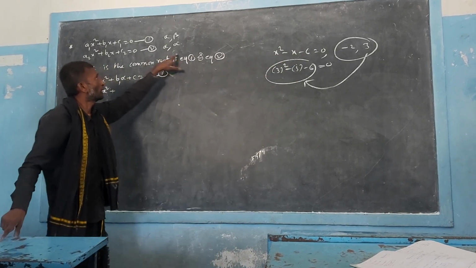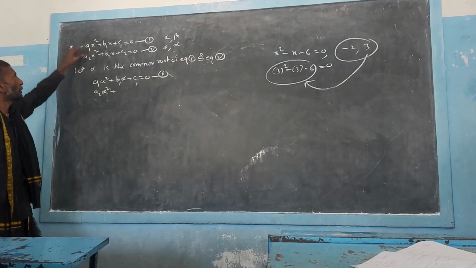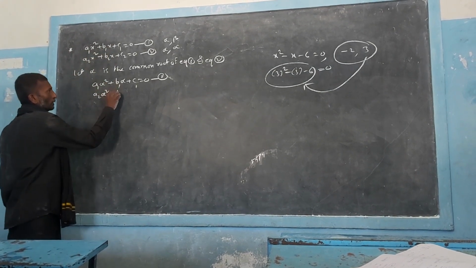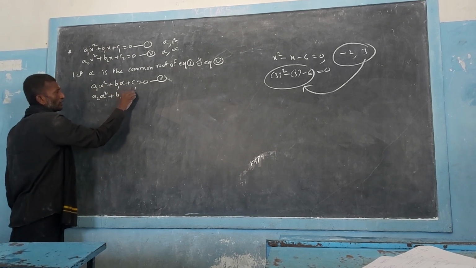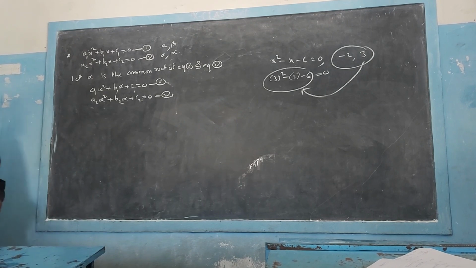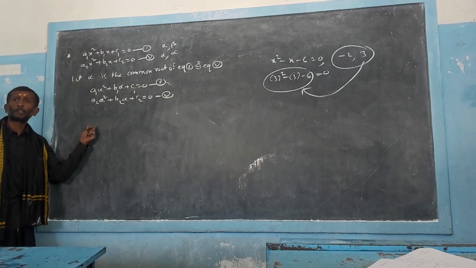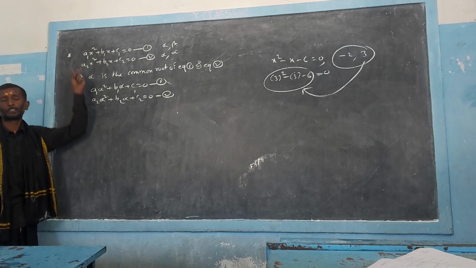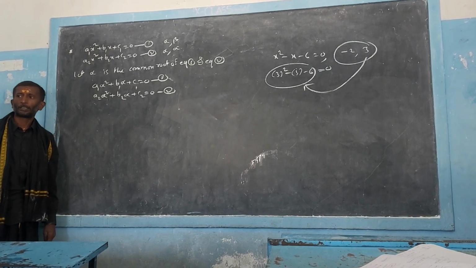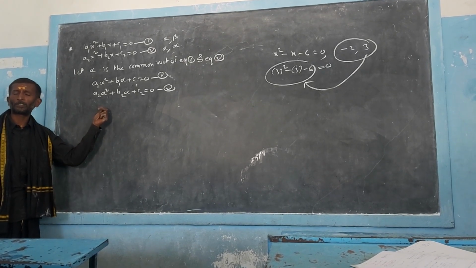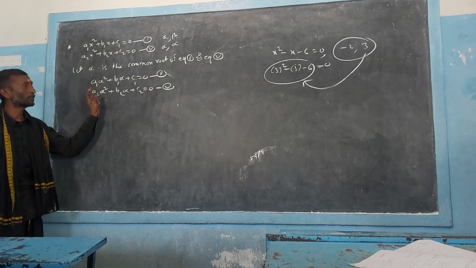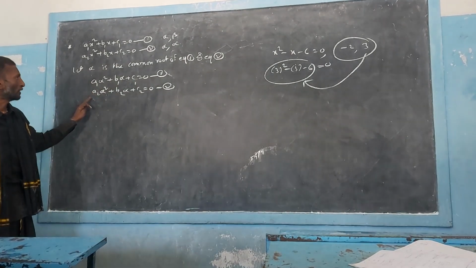So similarly here, we assume that alpha is a common root. So that means alpha must satisfy both the equations. Now wherever x is, I am writing alpha there. So this is b2 alpha plus c2 equals 0. Like that we can take both the equations 1 and 2. Now we only need to find the common root of both the equations, and we need to bring the condition: if both the quadratic equations have a common root, then what is the relation between the coefficients of the various terms of the quadratic equations? Okay.